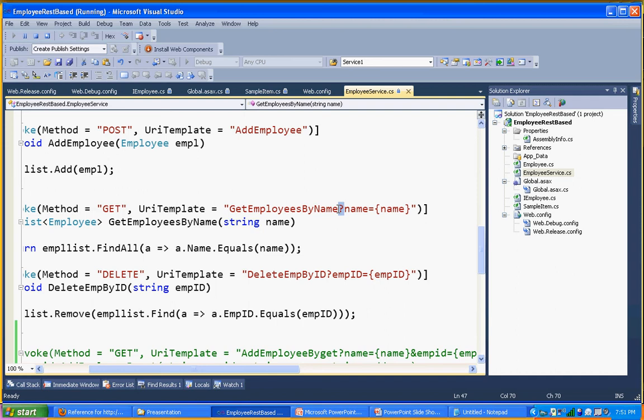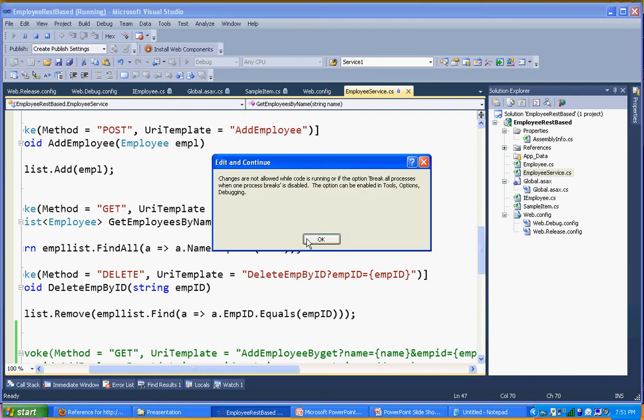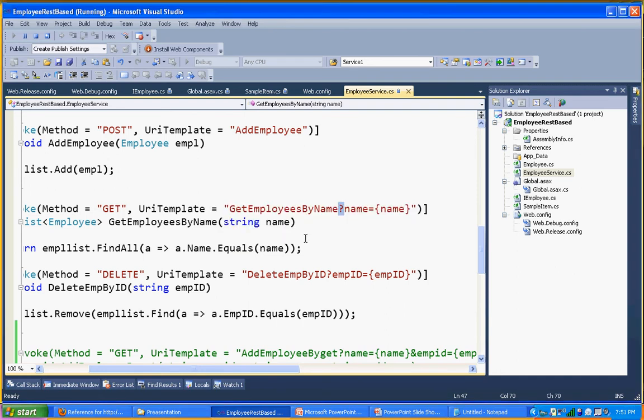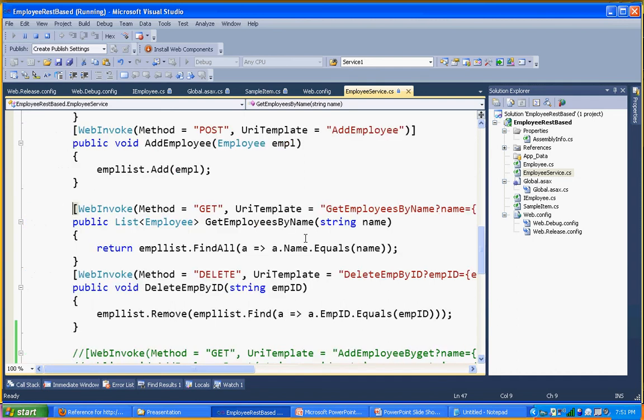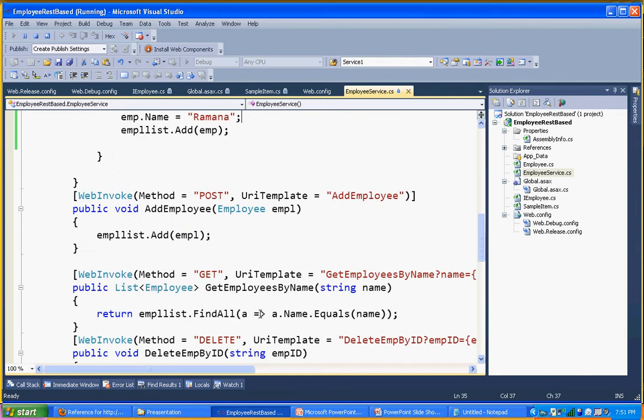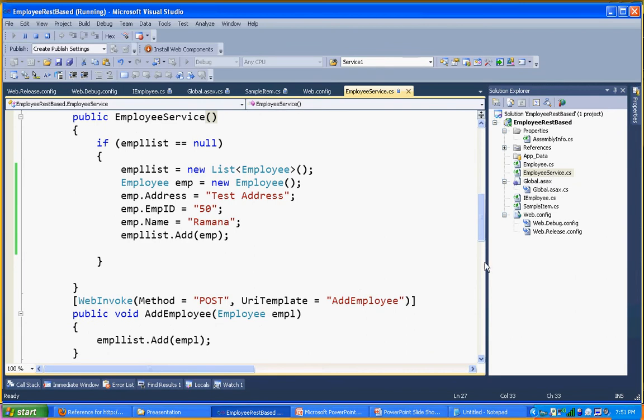Otherwise, you can go with your custom format, like slashes: instead of parameter names, you pass the values separated by slashes. It takes the first one as the first parameter, the second one as the second parameter. It's up to you; whatever format you want, you can define here. The other operation I specified as a DELETE also takes the input parameters through the query string, or whatever format you specified. This is how you make your methods REST-based.